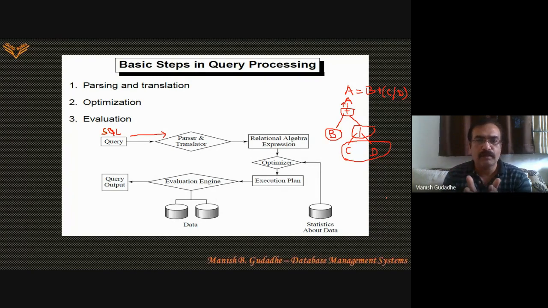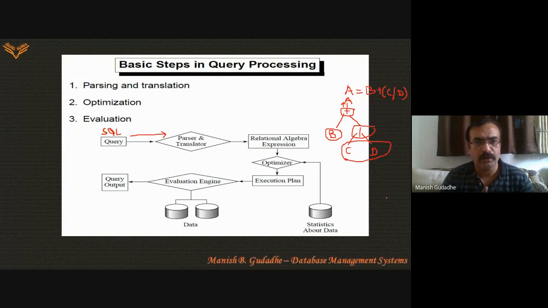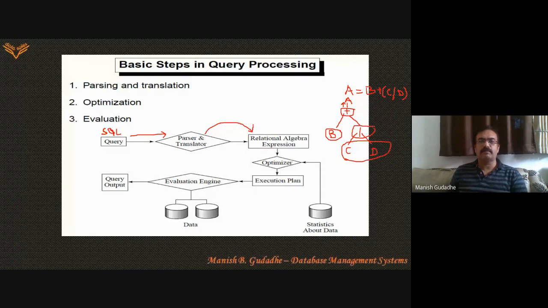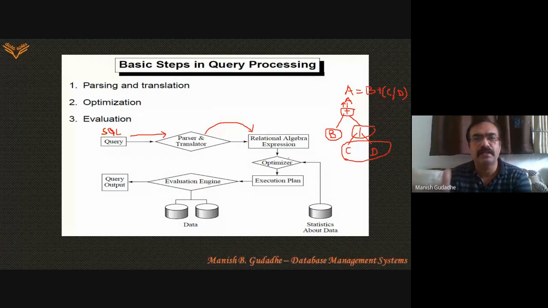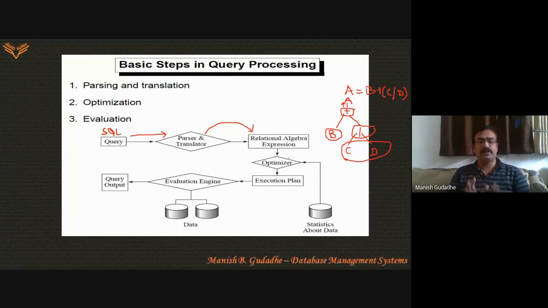Why we convert into a parse tree, or parse, is that we are able to get the proper order or sequence of minor operations to be performed during execution. And then we translate it. Here also we check whether the syntax and semantics are correct. In translation, we translate it into a relational algebra expression. The SQL query is converted into an algebraic expression form, and that relational algebra can be easily executed.